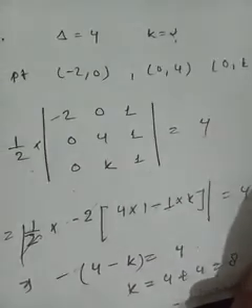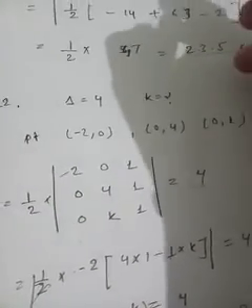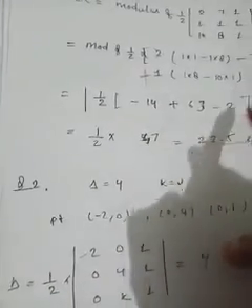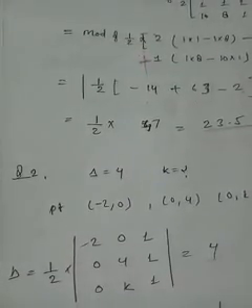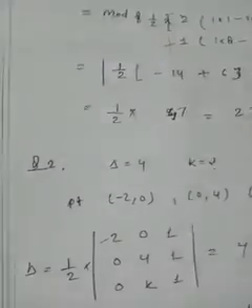In this way you can also do it for collinearity: expand in the same way, and for the collinearity of points, just make the area of the triangle 0. Now solve this exercise, and if you have any problem then ask. In the next video lecture we will cover the determinant of a square matrix.